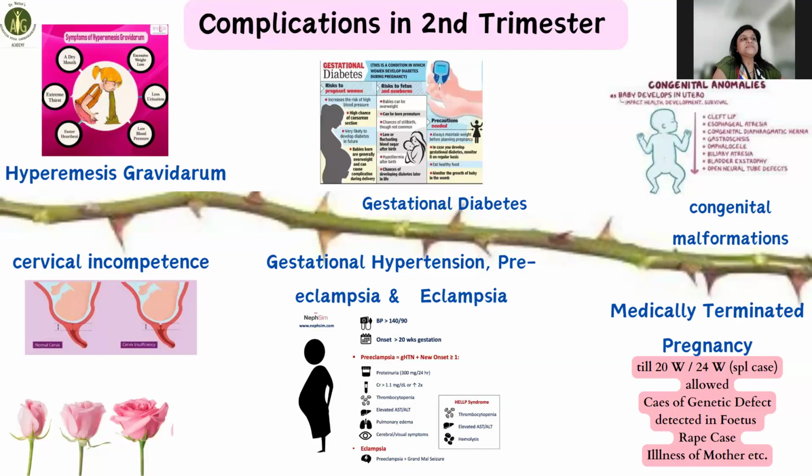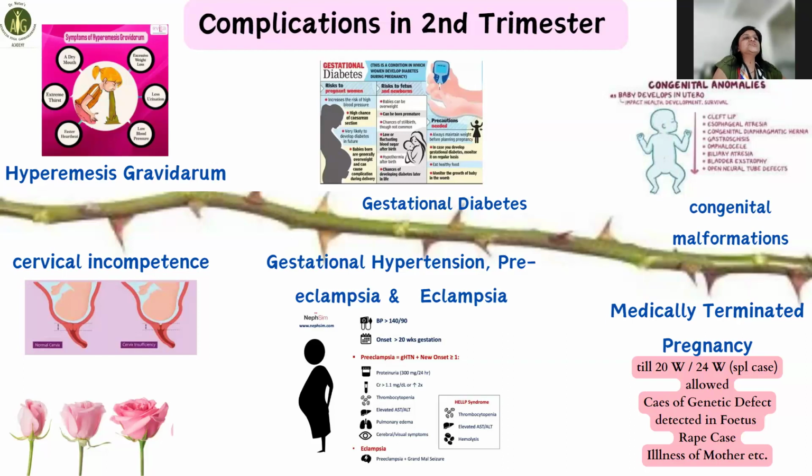The same goes with hypertension. Gestational hypertension was not there before, and now there is a rise in blood pressure, which could cause more serious issues like preeclampsia, where there is protein found in the urine, and that could lead to eclampsia, which is seizures, and that becomes a very life-threatening condition.